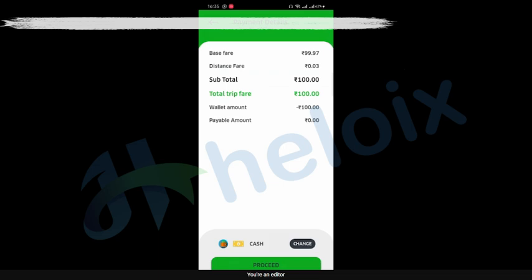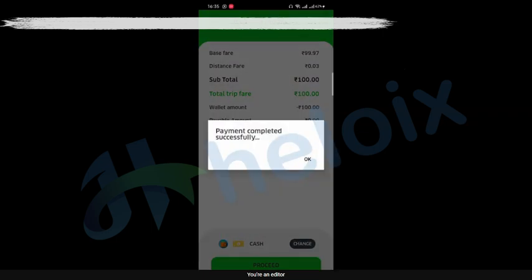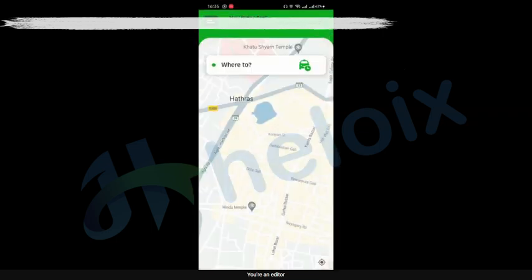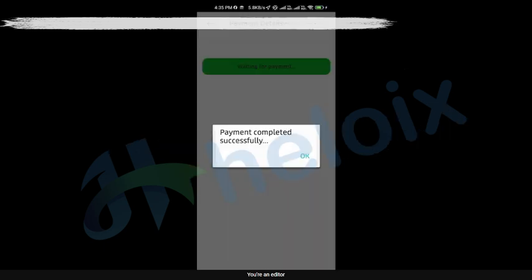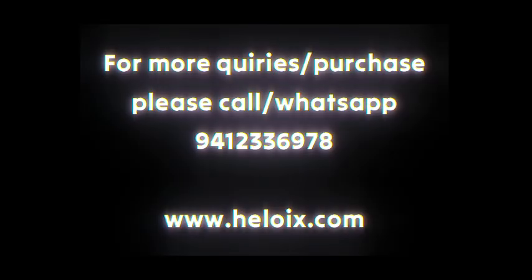So the transaction has completed. Now we go for proceed. Payment done. In the driver app, see, the notification will come that payment has completed. So in this we have already shown you all the things.